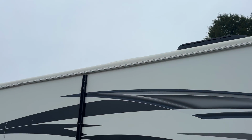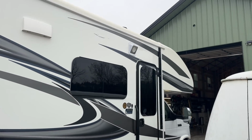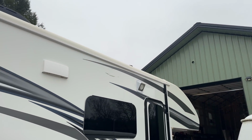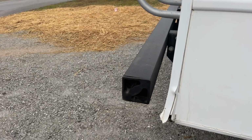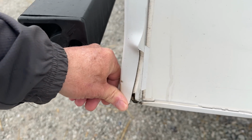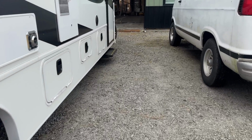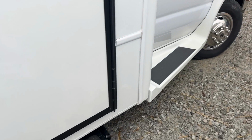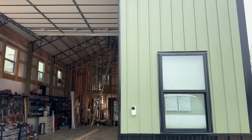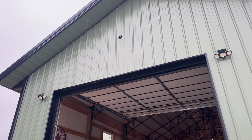So here is my motorhome. It has took quite the beating. I lost my canopy, tore it completely off, scratched up my stripes, and this was the last adventure. I hit a low spot and it just dropped and caught the ground somehow. I don't know. And then the steps have been completely destroyed also. I beat them back with a sledgehammer, but they no longer work. But anyways, that all happened in North Carolina filming the Helena recovery. But so I've got one light going right up there,